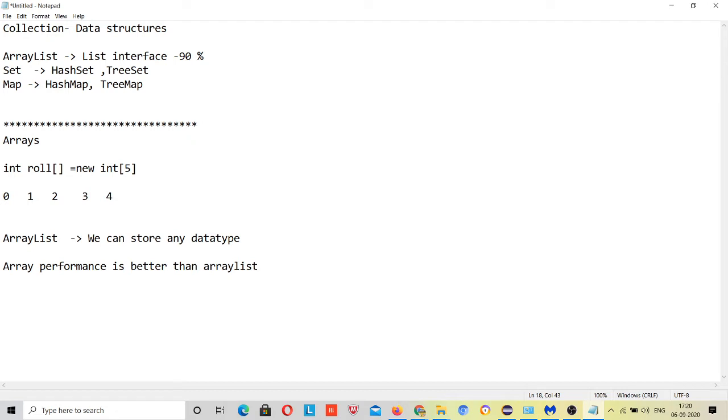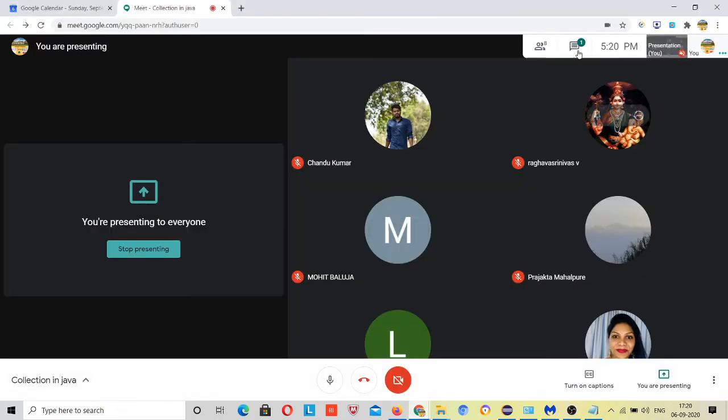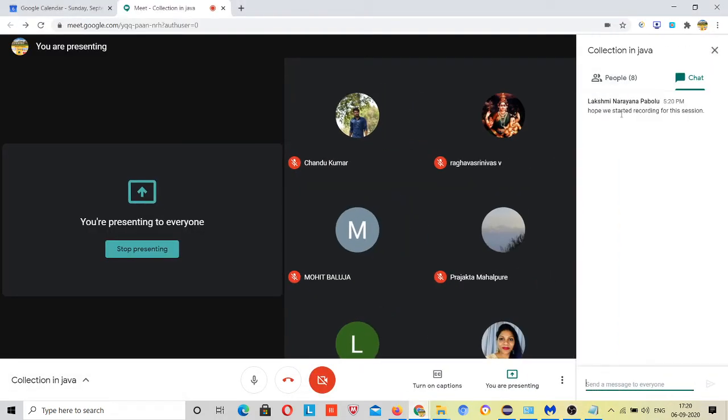But if you talk about memory saving, then memory wise array list is better, right? I will explain why this happens, but let me see what question is coming.